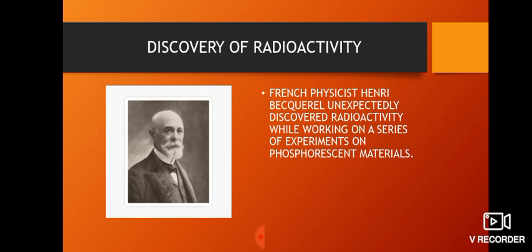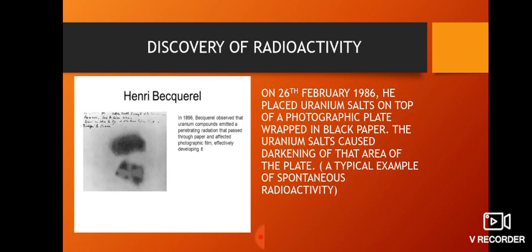By the next day, Henry Becquerel realized that the parts of the photographic plate containing the uranium salt had darkened or become black. And this made him wonder what was happening. He proposed that it might be that the uranium salt emitted some radioactive particles that caused the area of the plate to darken. So on your screen you can find a picture picked from the internet showing